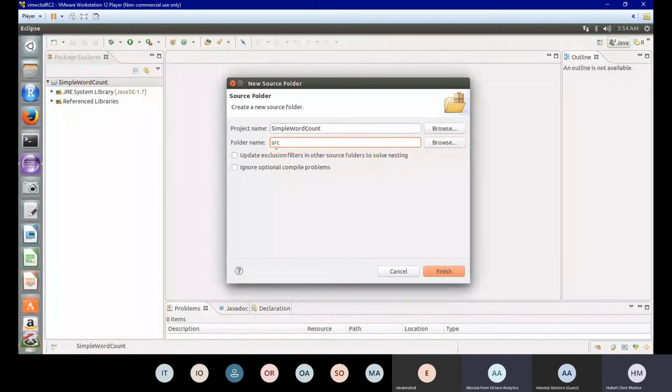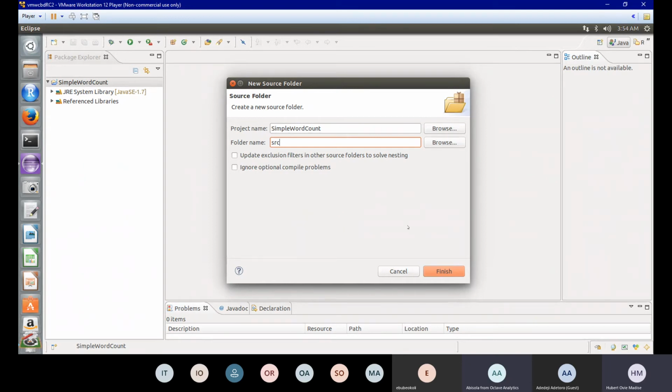Then in 13, enter your folder name as SRC, which Hubert just did, and then click finish. Why aren't we ticking these two boxes? Update exclusion filters in other source folders to solve nesting, ignore optional compile problems. Well, we're not updating anything.